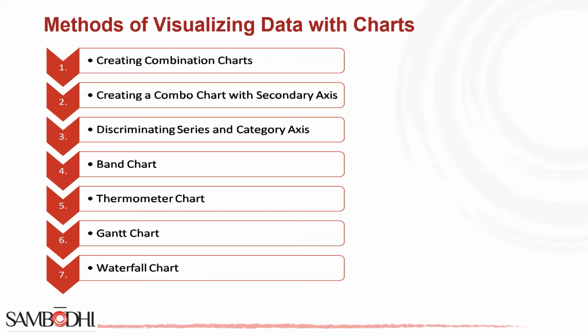This is how you create a combo chart with a secondary axis also. Your combo chart will appear with a secondary axis by following certain steps. In the chart data, the number of units is not visible as the data ranges vary significantly. So in such a case, you create a combination chart with a secondary axis where you click on the Insert tab, click Combo in the Charts group, click Create Custom Combo Chart from the drop-down list,